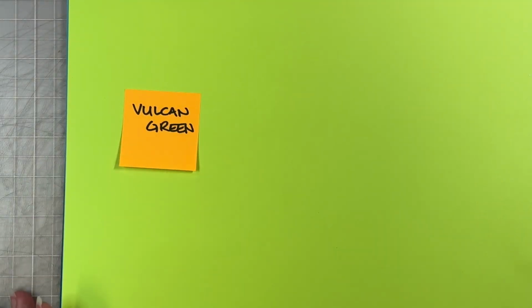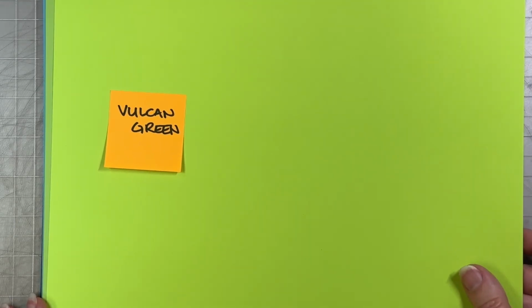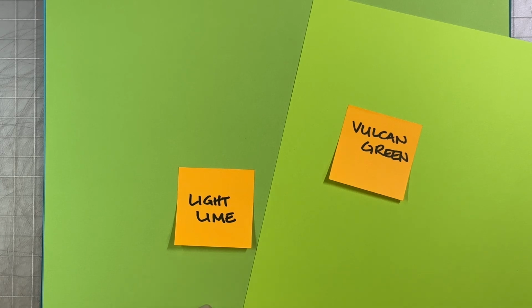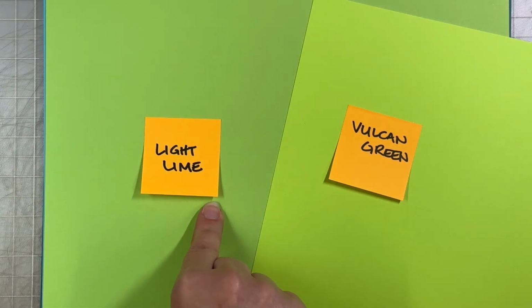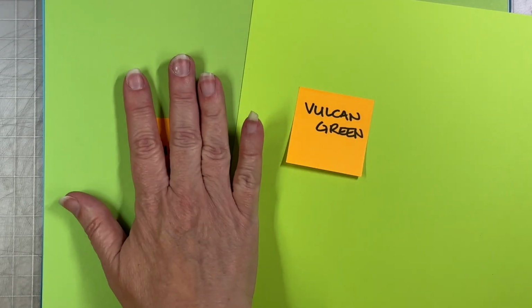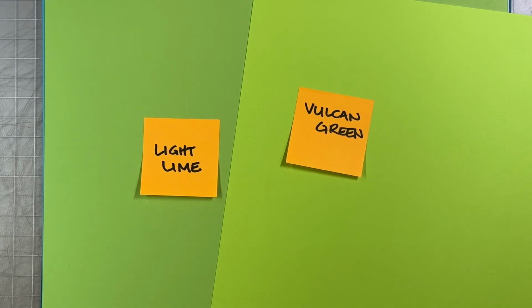This is the one I said I don't know where it got its name. We don't have very many colors that are anything close to this. The closest I could come to was Light Lime, which when it was part of our product line, was so glowingly bright. And this Vulcan Green just leaves it in the dust, makes this look subtle and neutral. I'll pull out the other greens that I showed you from the previous color,